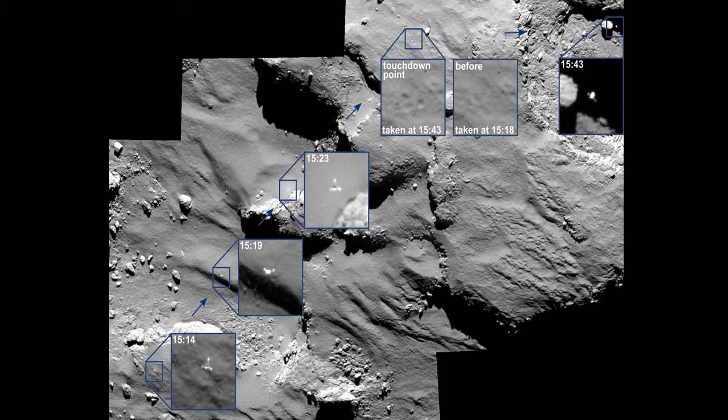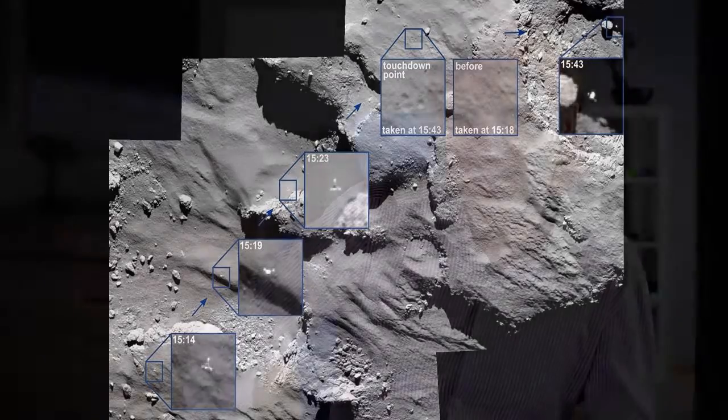So of course we got the pictures of the lander after we actually got a direct signal from the lander. And when the lander was going for the touchdown, the first touchdown, we already found that the lander was not providing us the signal we were expecting. So already then we knew that the lander did not stay in the position we expected, but we did not know exactly what was going on with the lander.